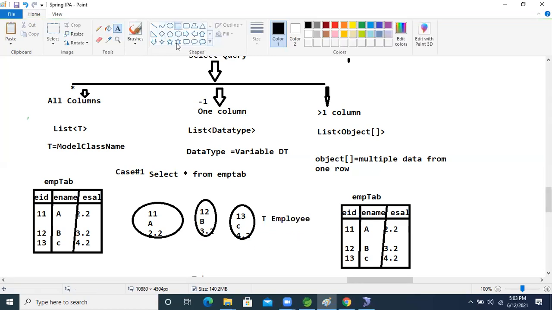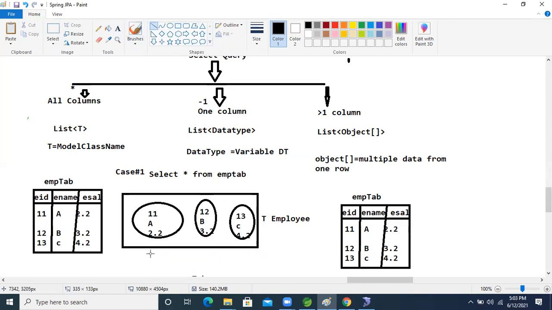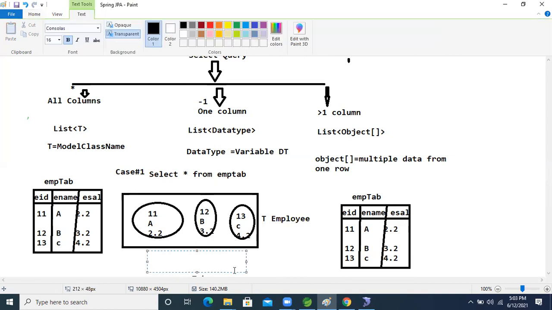So it will return based on a list, a list of Employee.